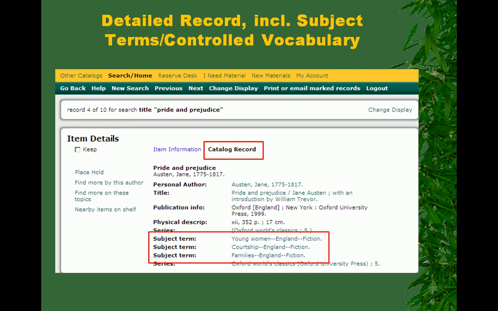When you click on Catalog Record for the same item, Pride and Prejudice, it will give you the subject terms. This is more of a detailed view of the item. This gives you the controlled vocabulary terms, which are the subject terms for this record. This record is about courtship, England, and fiction, and also young women, England, and fiction, and families in England and